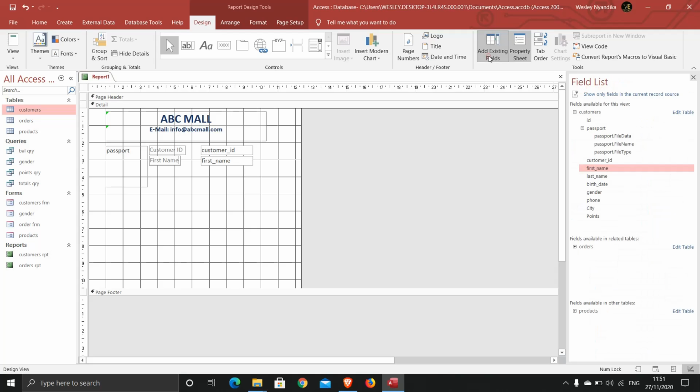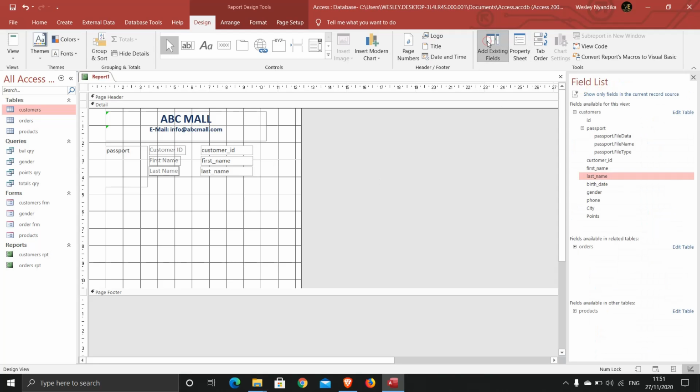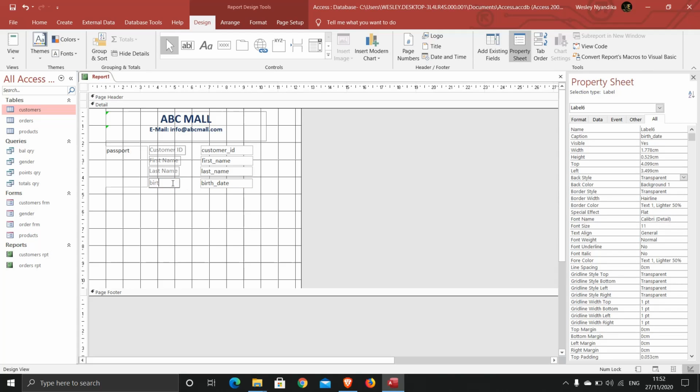come back to add existing, pick last name, come here and drop it here, double click on this and name it again, last name, come back to add existing. So the next thing I need here is the date of birth and drag it there. Perfect. Double click on this and